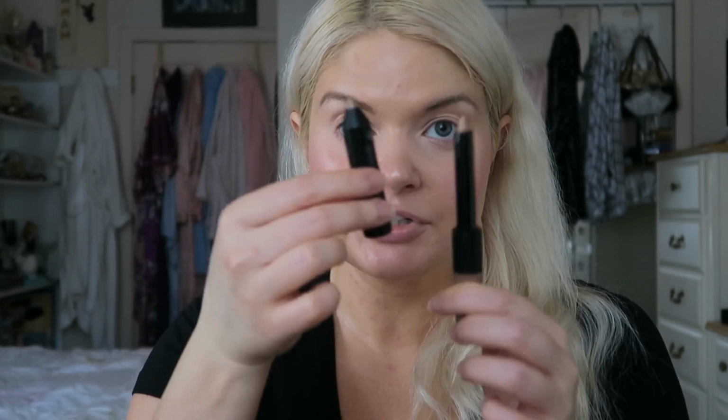Okay, this is the Color and Smudge Shadow Crayon in the shade Venetian Gold. So this has the same packaging, it looks like a pencil and then you take it off. But before I use that, one of the reasons they actually contacted me to try out these products